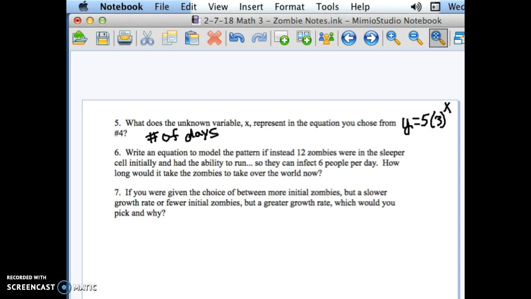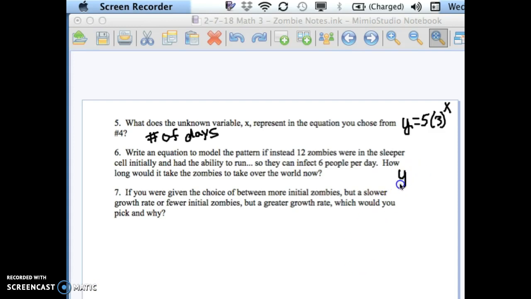It says, write an equation to model the pattern if 12 zombies were in the sleeper cell initially, and they can infect 6 people per day. I'm going to pause that. What did you guys say up here? It is y equals 12 times 6 to the x. Anybody else got that? Good. If you wanted to take over the world, which would be more